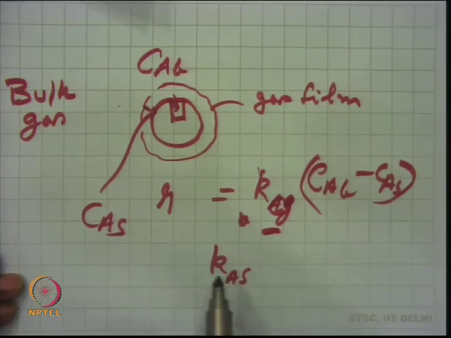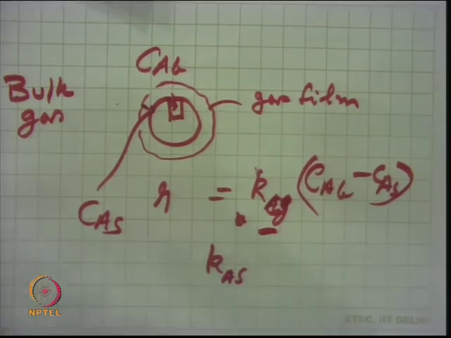So, it will depend on the size of the solid and the other conditions, because the Sherwood number is related to your diffusion coefficient and also some factor of the Reynolds number, the velocity terms. If it is low Reynolds number, then this will be just like kg times dp.